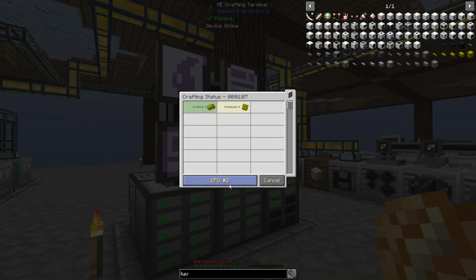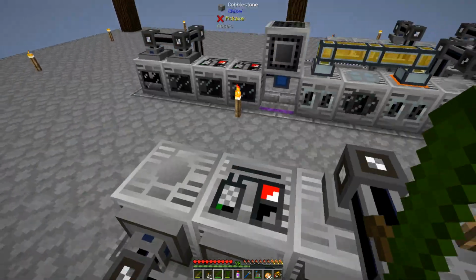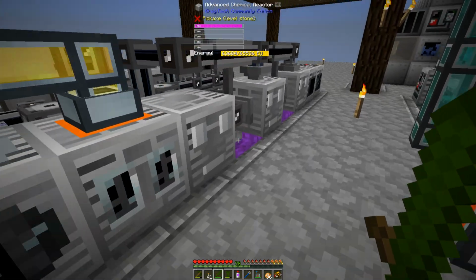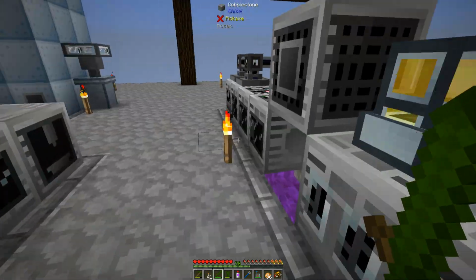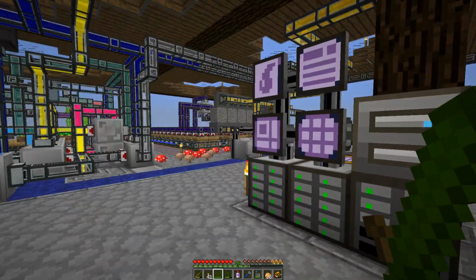Crafting up the ingots. It's crafting up the steel. Let's see. Chemical bath is right here. So it does take quite a long time. And radon. I'm going through radon quite fast since I don't technically think I'm allowed to make it with my reactor. I will be able to